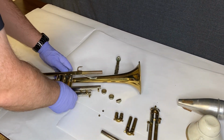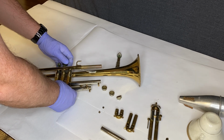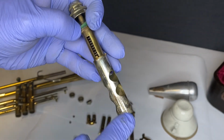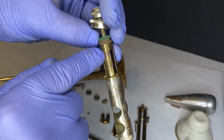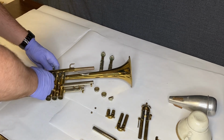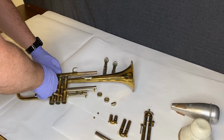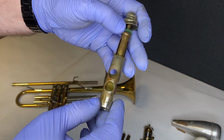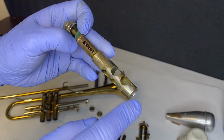So let's take the next one off. Okay, and same thing, you can see the scuffing marks here. I don't know if somebody didn't put oil on them at one point, ran them dry. Same thing, number 2, and then you have the serial number. And the last one here, number 1, and the serial number. And you see that scuffing